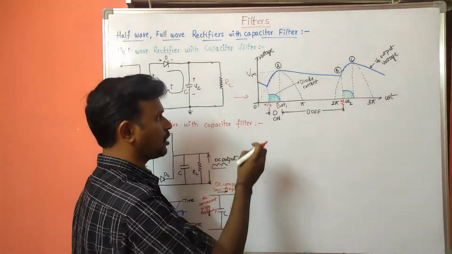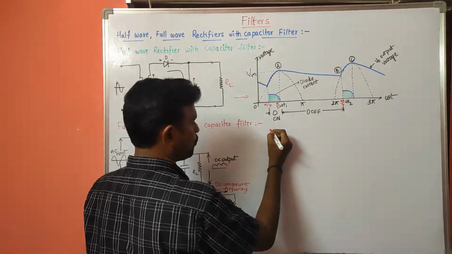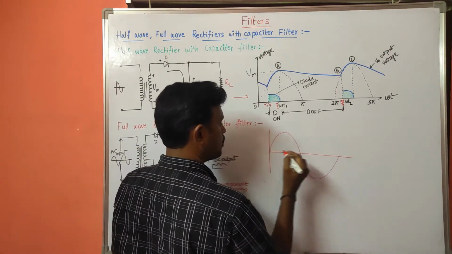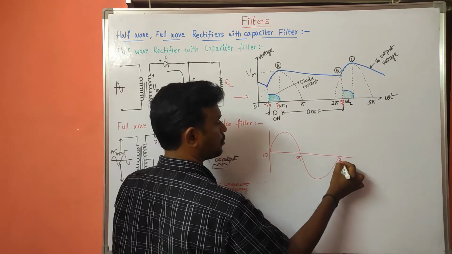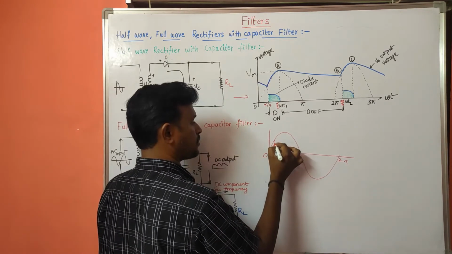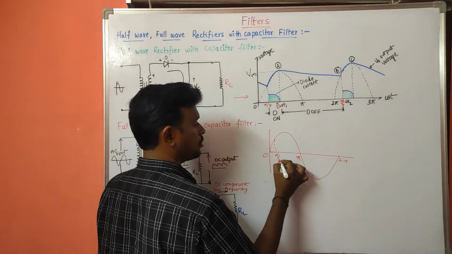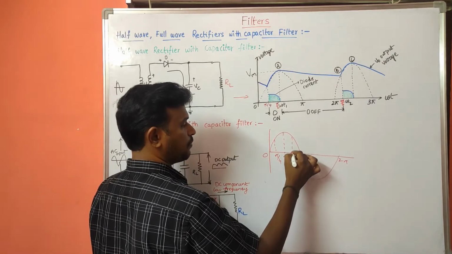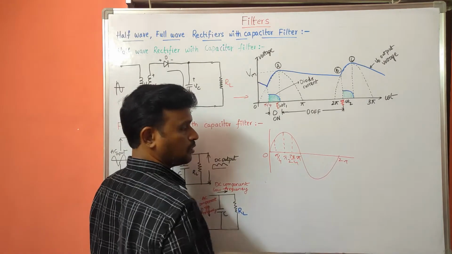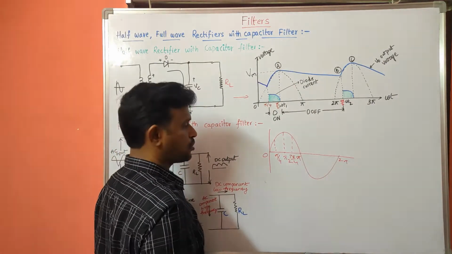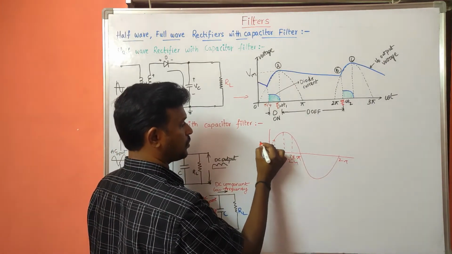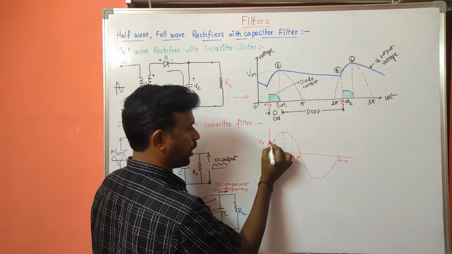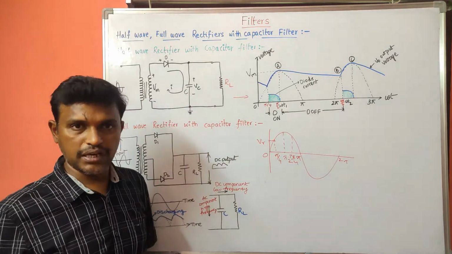Now I am taking this as my input waveform, suppose. So this is 0 to pi and pi to 2 pi. Here I am taking somewhere that is pi by 4, and this one is pi by 2. This one is 3 pi by 4, and this one is pi. Up to this point, I am taking that voltage as V gamma, the cut-in voltage of the diode. That means up to this point, the diode cannot go into the forward bias condition.